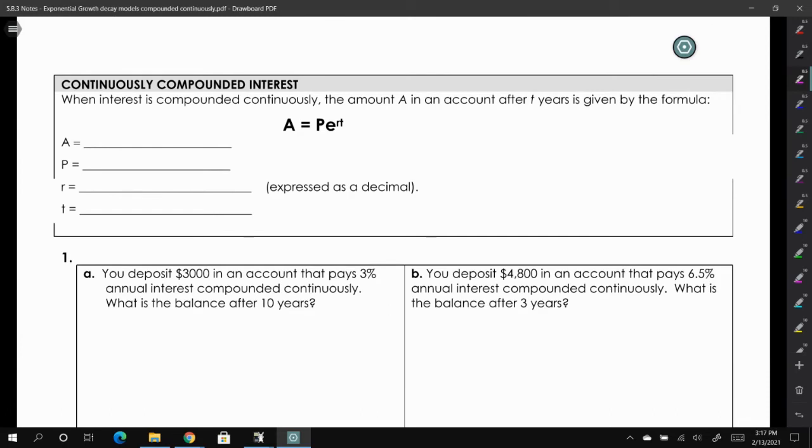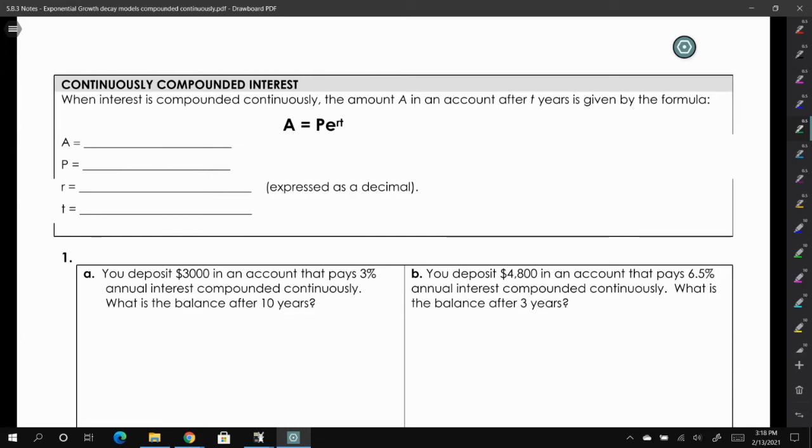So going off of that, what if we compounded continuously? What compound continuously means is that you're always, or constantly, having your interest compounded. And there's another formula for that, and it looks the same, except we have something called the letter E, or Euler's number. It's a button on your calculator, and we will be using that in these formulas. So when your interest is compounded continuously, you have this formula: A equals P times E raised to the RT